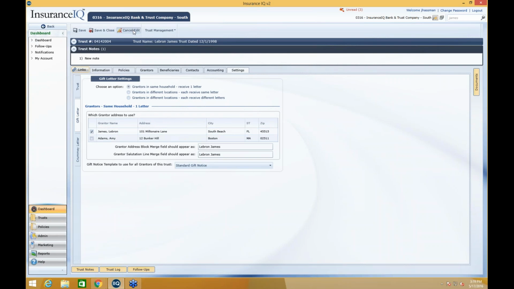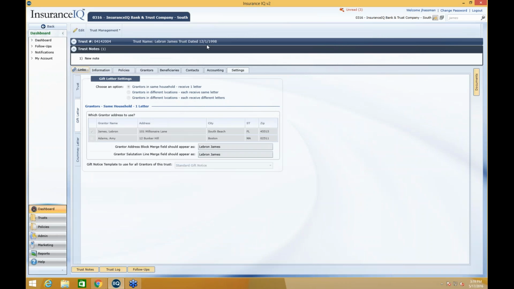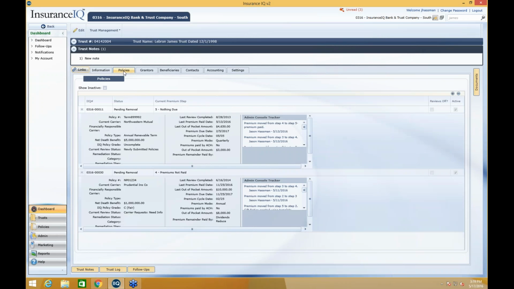I'm going to cancel my edit, and then we're going to move to the last tab at the trust level, which is actually the Policies tab. Policies tab is going to default to show all active policies within this trust. Currently there are 2 that are listed, a Northwestern Mutual term policy and a Prudential,